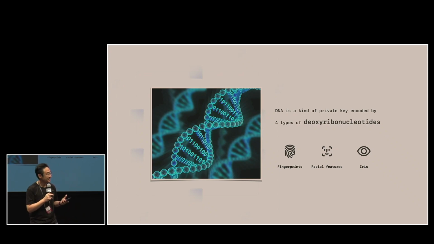deoxyribonucleotides, right? Can you imagine how hard I practiced this word? It's too long for me, because I'm a Chinese guy, you know. So DNA is a kind of private key. So the fingerprints, your facial features, or iris can be used as a public key, right? So we can use this innate ability in combination with blockchain technology to create a better user experience DID system,